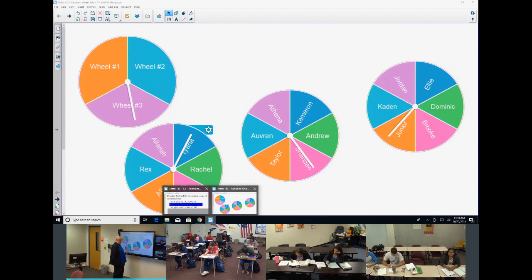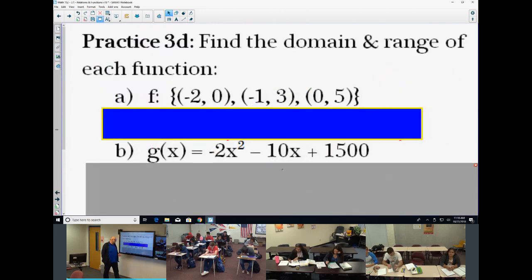All right, so Junior, what about B? What would be the range there? I mean, excuse me, the domain. What's the domain? I got stuck. Well, what can you plug in for x into that one? Or is there a value you can't plug in for x? Now you can plug in 1, you can plug in 2, you can plug in